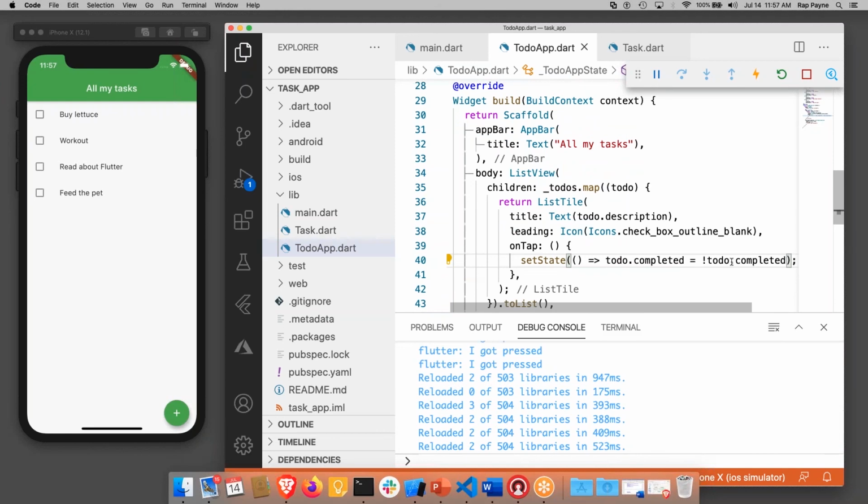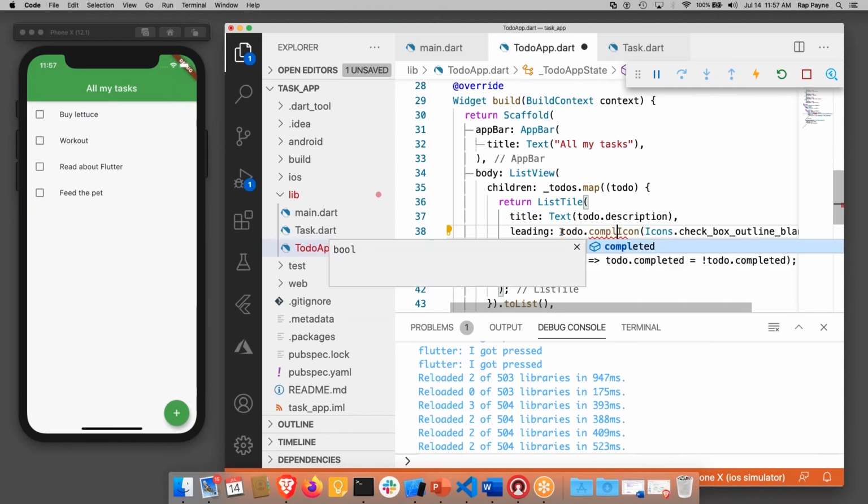And this means that every time I tap it, it's going to flip the switch on that to do, and then it's going to redraw. But as of now, we're not going to see anything different. You can see I can tap them and nothing really happens. But if I change this icon and I say, I'm going to change my leading icon to be if to do dot completed,